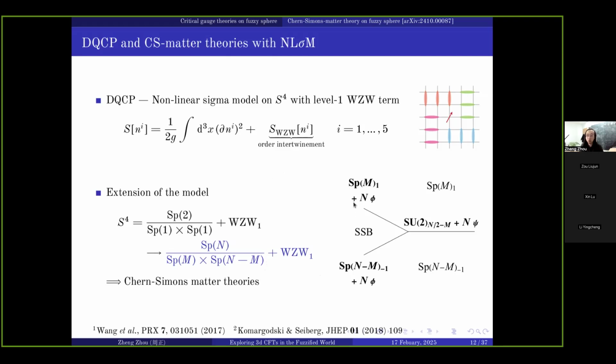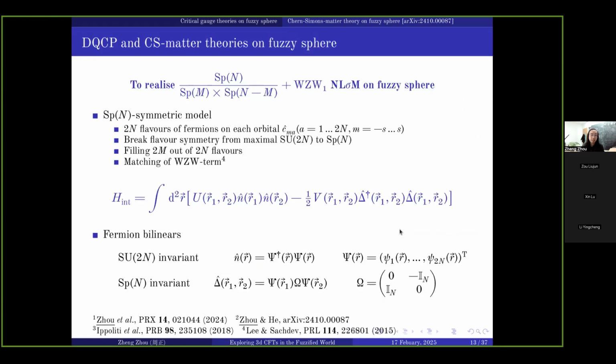This model is known to host many topological orders in its phase diagram, and the Chern-Simons matter theories that describe the transition between them. For example, there are n flavors of bosons coupled to Spm or Spn minus m level 1, or n flavors of fermions coupled to SU2 with the Chern-Simons level. So to realize this